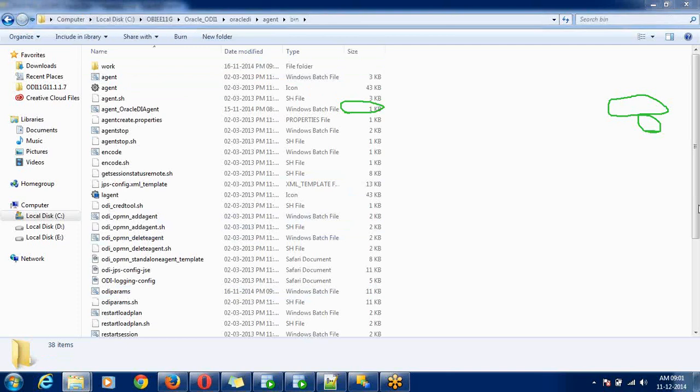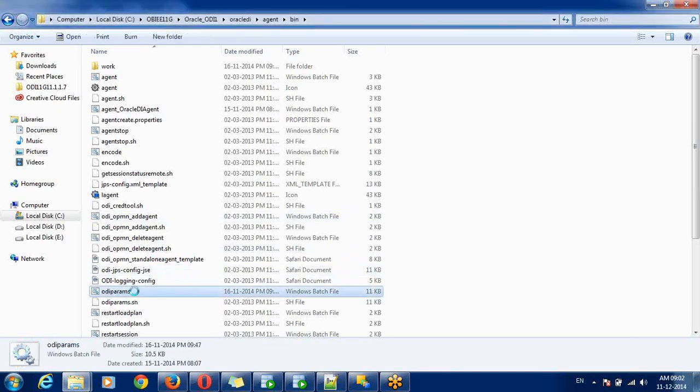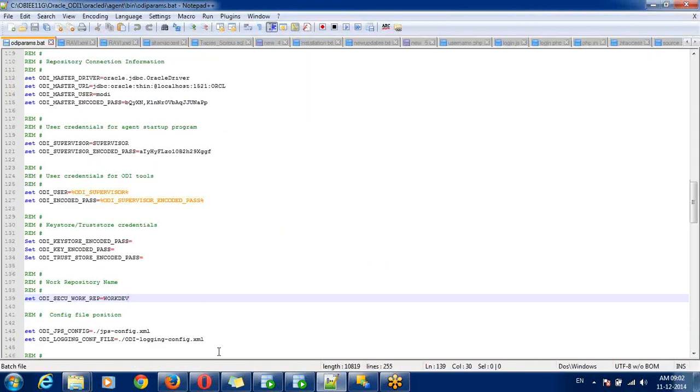There I can find the odiparams batch file. If it is Windows, we go for the batch file. If it is Unix or Linux, you go for the sh file. Edit this and apply the changes. Right click, edit this, done.